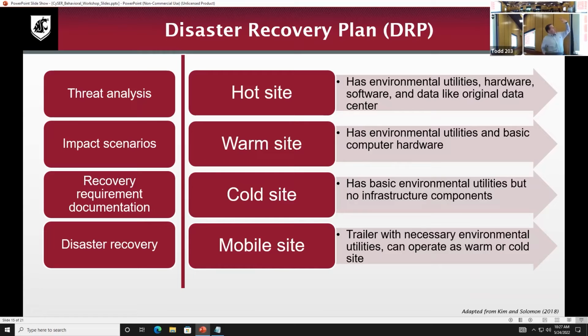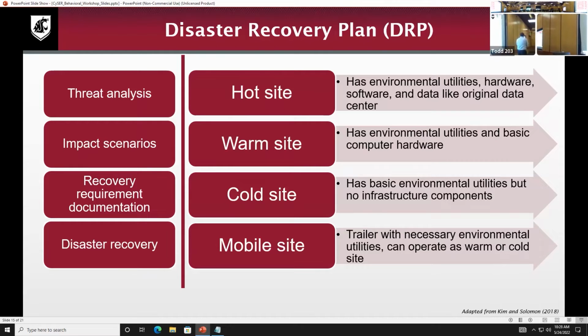As part of the disaster recovery plan, we're going to do a threat analysis, kind of talk about some of the similar things we did at the beginning of this exercise. We'll come up with some scenarios. What are some likely things that could happen, and what impact are those going to have on us, so we're prepared for them? We'll put documentation together, and not only do we have documentation together, but it is available in places that can be found and accessed in the midst of a disaster.